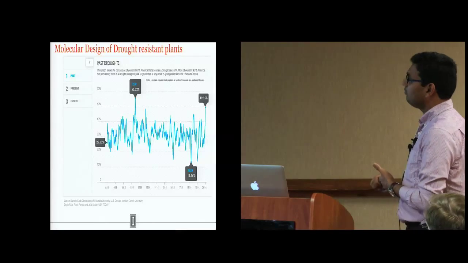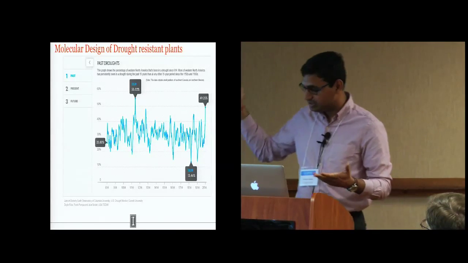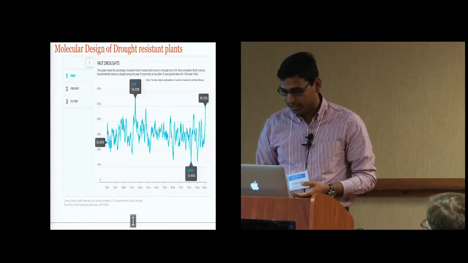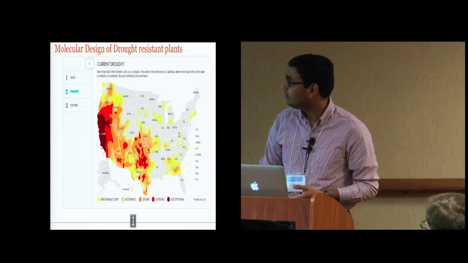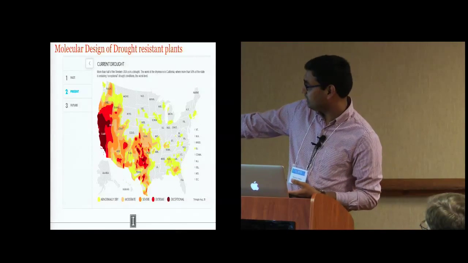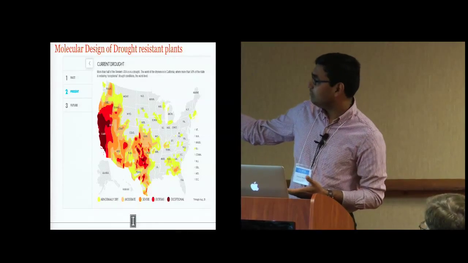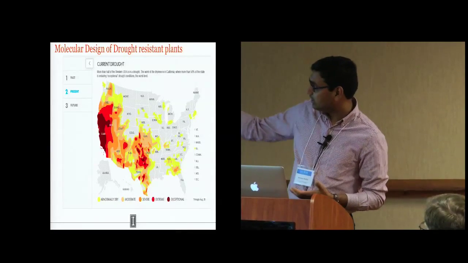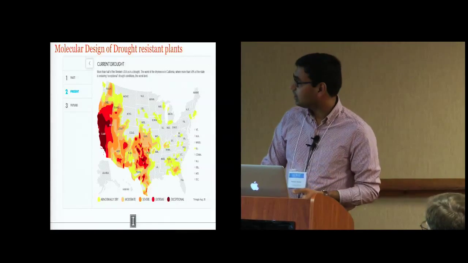This is a figure of past droughts that happened. Every few hundred years, you have these serious droughts in the United States. If you look at the current drought conditions in the country, it has only gotten worse. This was August, so last year. But now it's even worse in California. The entire California is under this exceptional drought. So the entire Southwest is sort of suffering.